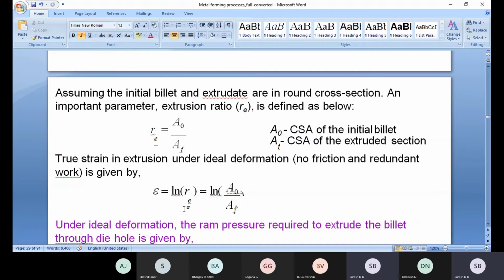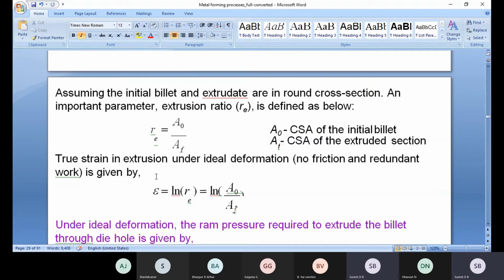And one more formula for finding strain: what is the formula? Change in length divided by original length. Change in length is denoted in meter or mm, and original length is also denoted in meter or mm. Both cancel finally.